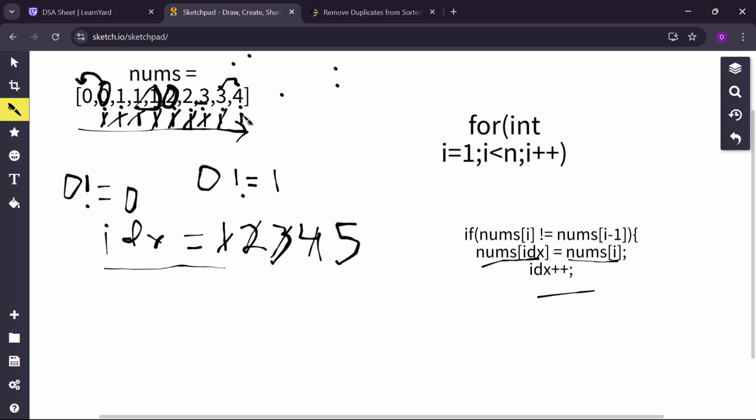Now if we move more ahead, no, we can't move. That means we reached the last index, which is n minus 1. Since Java follows zero based indexing, that's why we reached n minus 1, which is the last index. Our answer is 5. Now let's try to use this concept